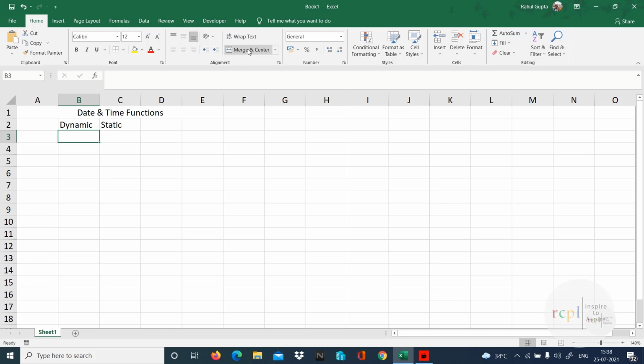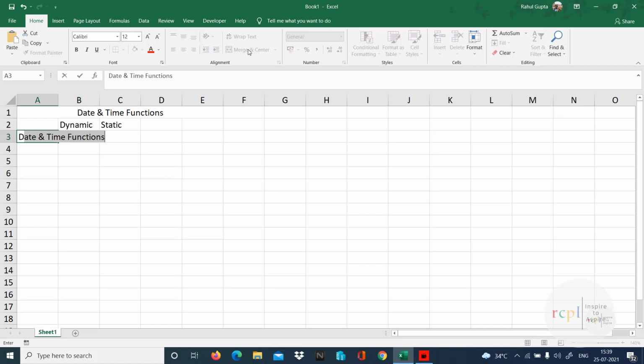For example, when making a bill book in Excel, the bill has to be cut at a specific time, so we need the dynamic date or time. Static is fixed. For example, I have to mark that I completed this particular sheet on this date, so I just require the static one there.